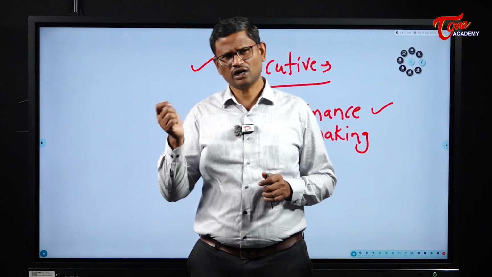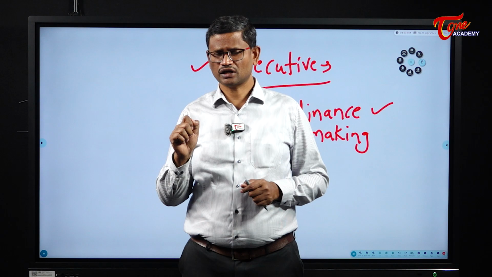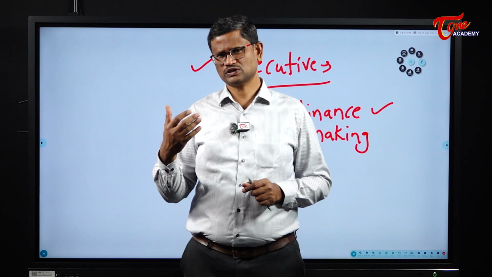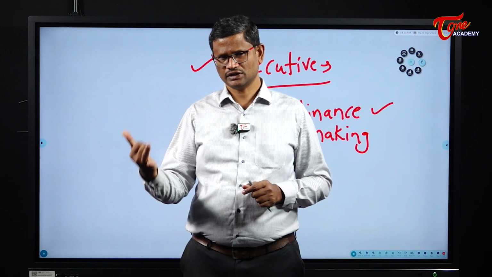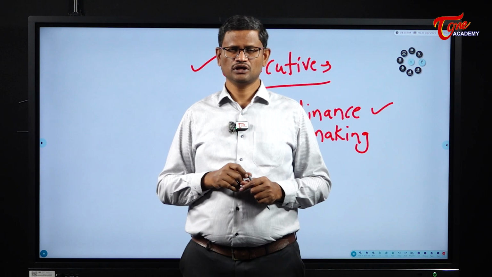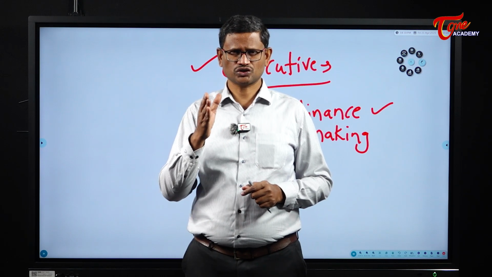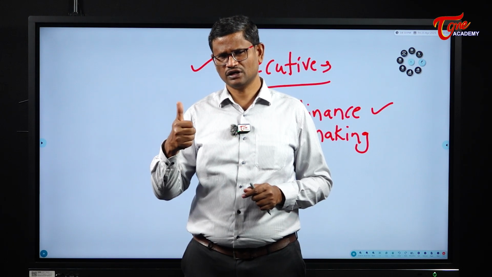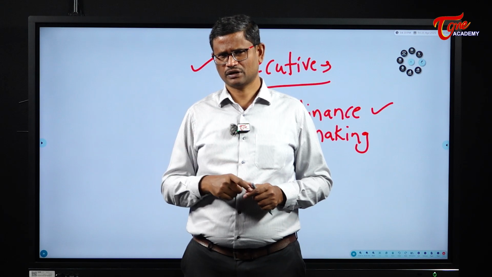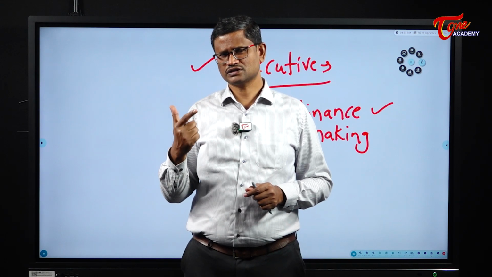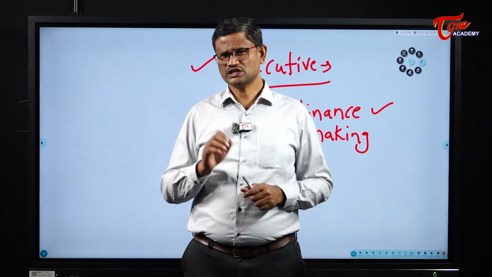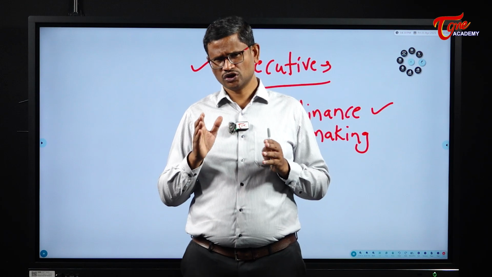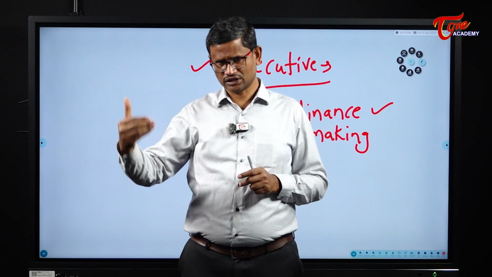So what is an ordinance? An ordinance is nothing but a law made by the executive branch. So in India, we have three branches of the government: executive branch, legislative branch, judicial branch. Legislature does law making, executive does law implementation, judiciary does law interpretation. At the union level, law making is done by Indian Parliament. At the state level, law making is done by the state legislature. So if there is a parliament to do law making, why should the executive make a law? Yes, the executive can make laws provided the parliament is not in session.